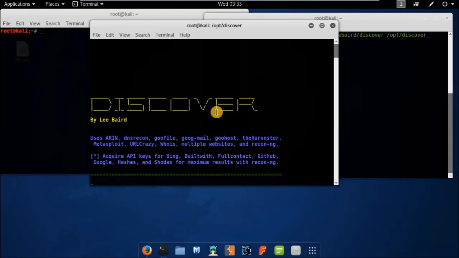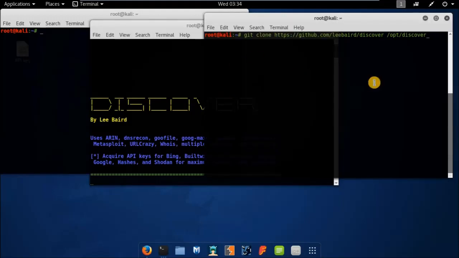So before going deeply into this tool, how to use it and what the benefit of using it is, you need to install it on your Kali Linux, because Kali Linux does not have it pre-installed. It was installed earlier, but from the 2016 rolling edition it is not installed and pre-configured. So first of all, you need to clone it from the GitHub repository by typing these commands: git clone, the URL of github.com for Lee Baird's discover script, and the directory will be /opt/discover. Because I have already installed it on my computer, I will skip this section